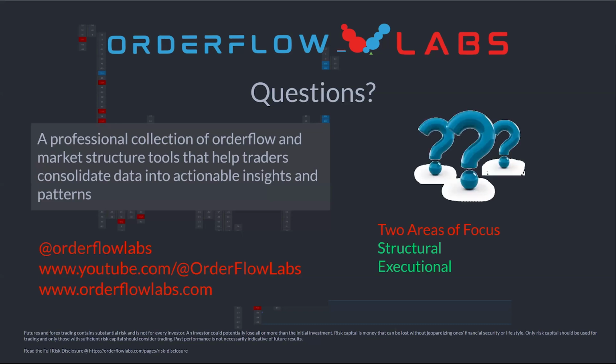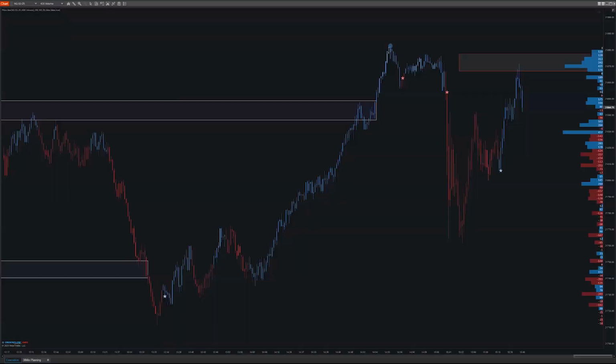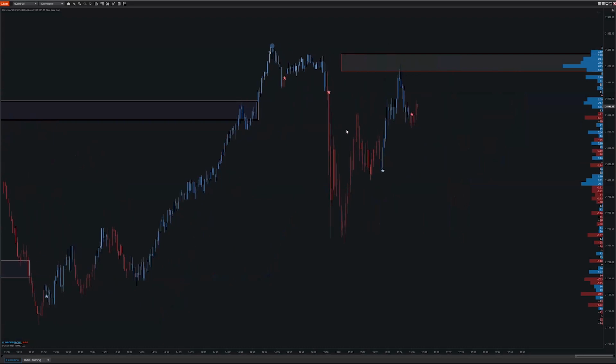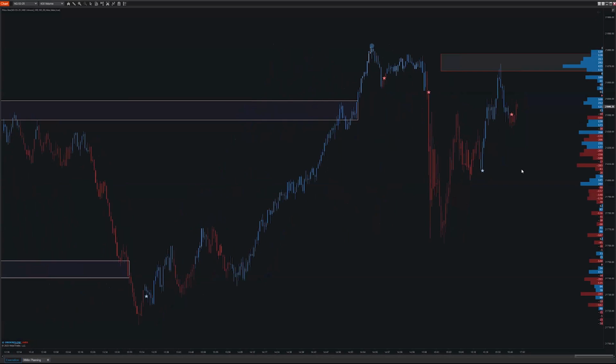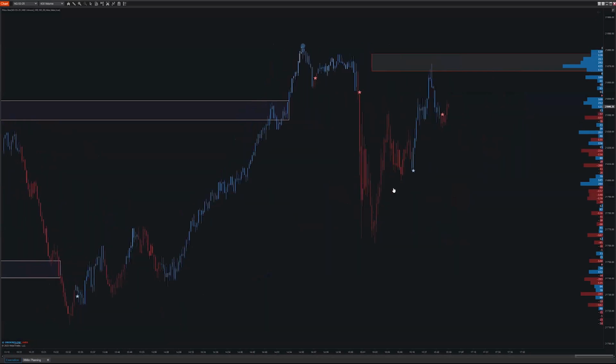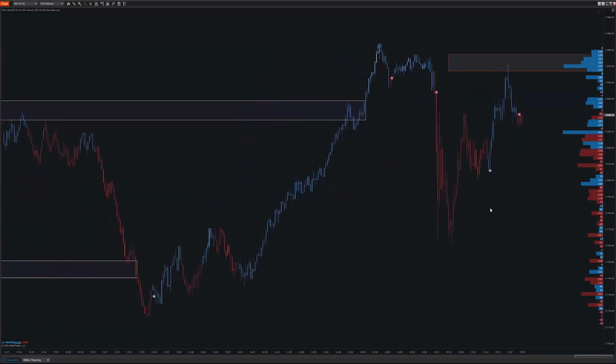What is the name of the NQ indicator you were showing? Are you referring to the delta map with the star flips, or the leg to leg profile? We looked at three things. There's the delta map that has the delta information in the candle, with some execution components to it. There's the liquidity zones, and then there's the delta profile. So that's the three things. There's a lot more than that in the package that we have.